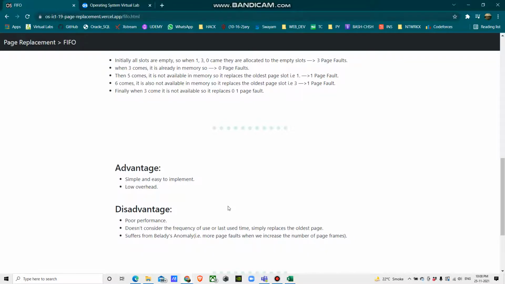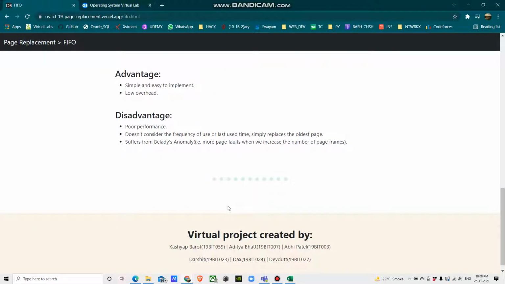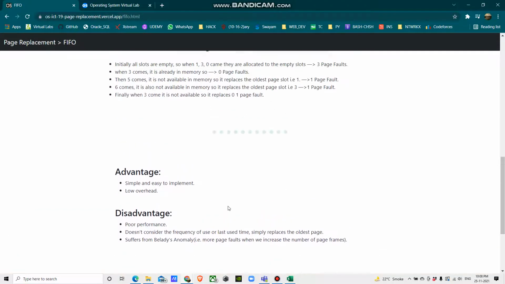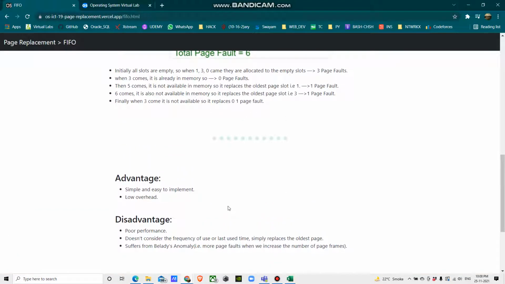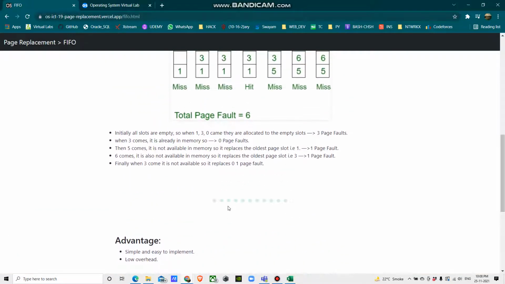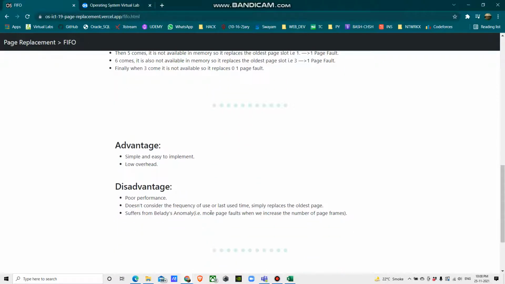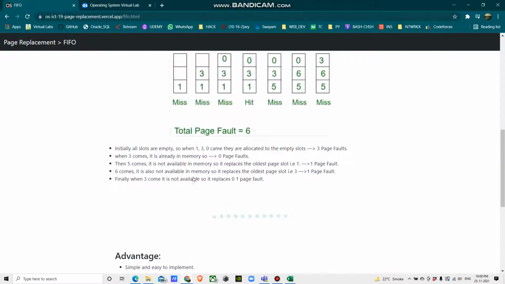Also, advantages and disadvantages of each and every algorithm are given in the explanation part. Along with that, we have given the Belady's anomaly, means which algorithm suffers from Belady's anomaly. That also we have classified in the disadvantage or advantage part.